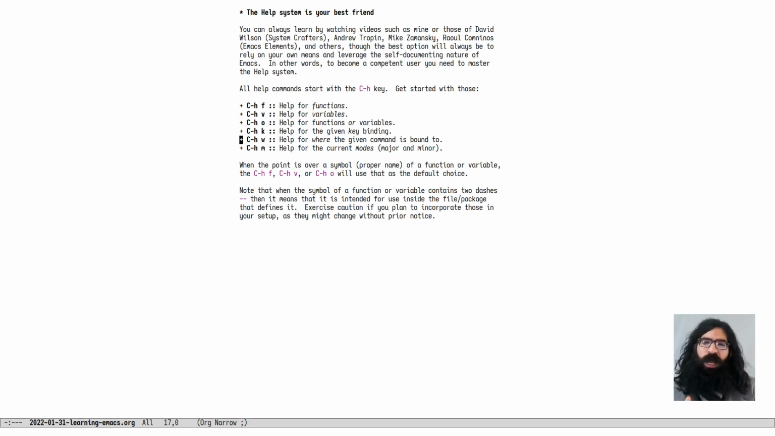Control-H W, it will ask you where the given command is bound to. And you give it the name of a command, and it will tell you if it is bound to any key from the specific interface you are in. Control-H M is a great one, which is for the modes that are pertinent to what you are doing. So this means the major mode you are in and the minor modes that are active. So let's see this in practice. Let's start with